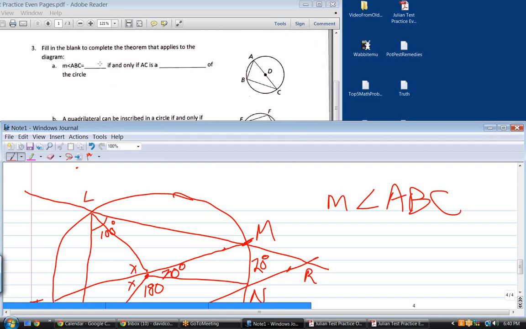What goes in this blank right here? It is 90. Exactly. It's a triangle inscribed in a semicircle, right? Those are always 90 at the circumference. But if and only if AC is a what of the circle? If and only if AC is a